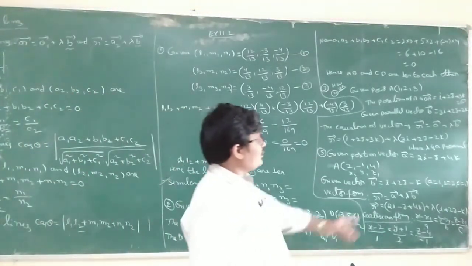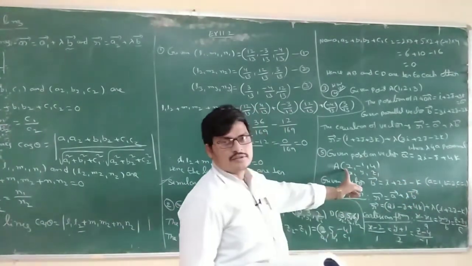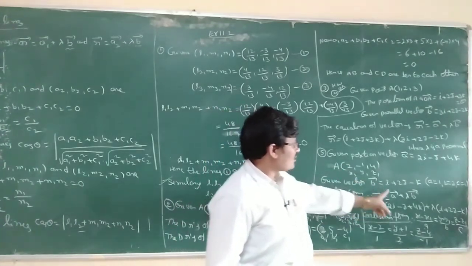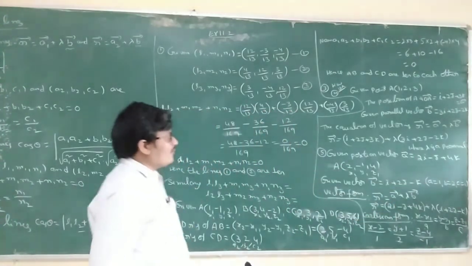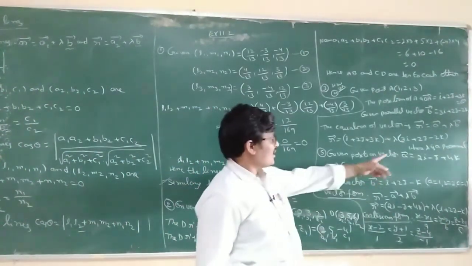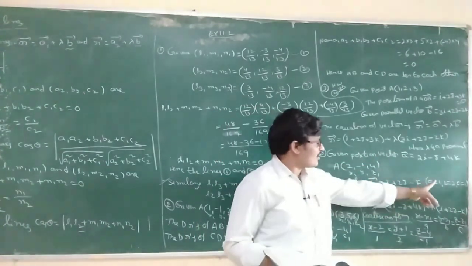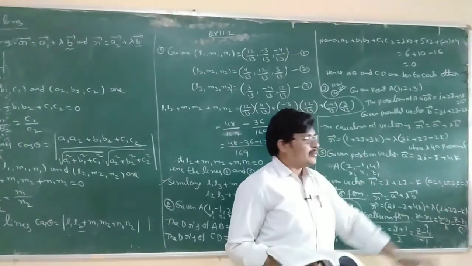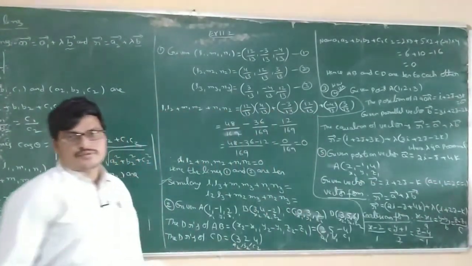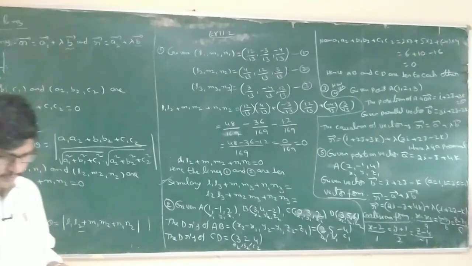The vector is only used in vector form. For Cartesian form you want the point. So in the fifth problem, asking vector form and Cartesian form, it is compulsory to convert the position vector into point form. Next, the vector can be written as direction ratios a, b, c. Okay, clear? This is today's class. Tomorrow we will go into the next problems, 6, 7, 8, and some more problems are there.